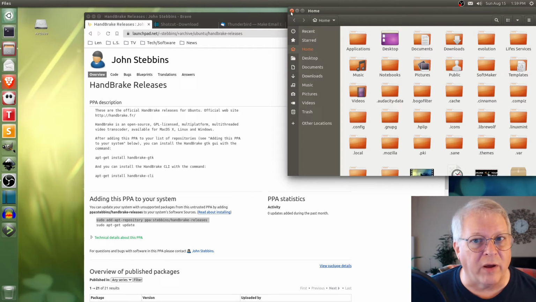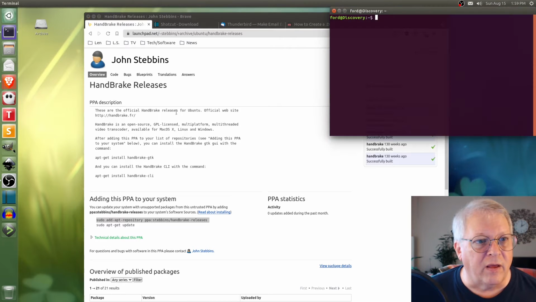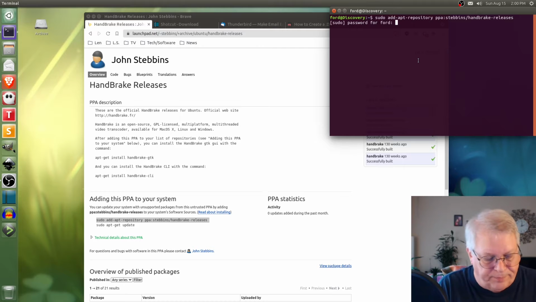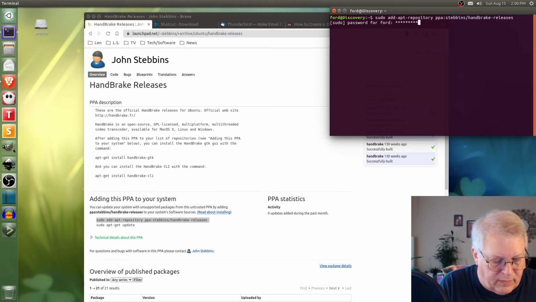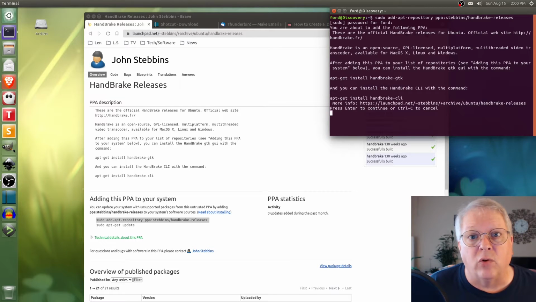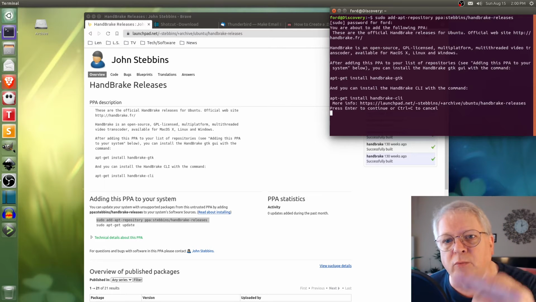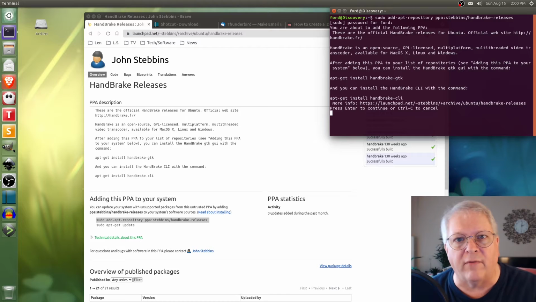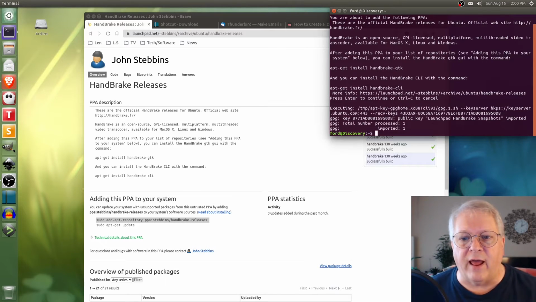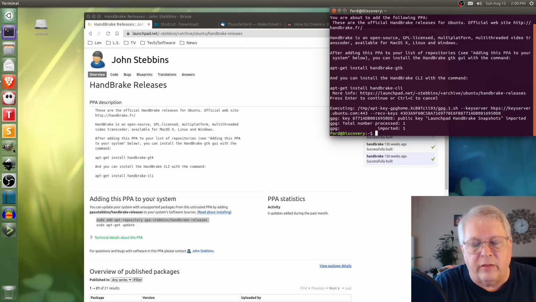I go to my terminal, open up a terminal, paste it. I'm going to have to put in my password now. The reason for that is I'm putting something in the system that is going to change the system. Okay, so it depends on which PPA. Some of them only have a couple lines. Some of them are just like this. They'll give you a lot of information. If you trust the source, just hit enter. Okay, it'll add that and the